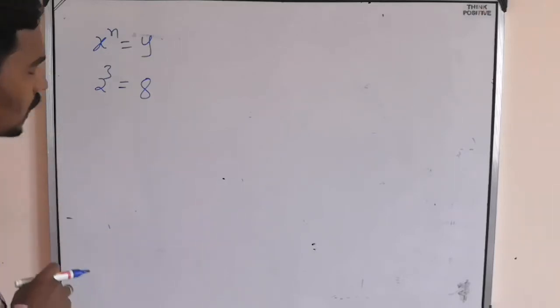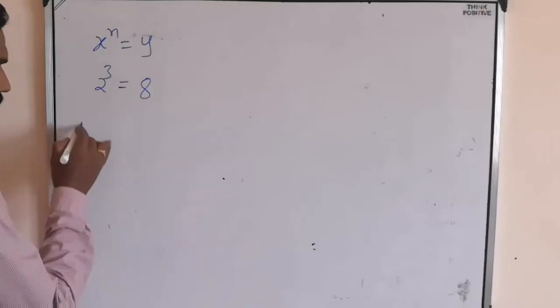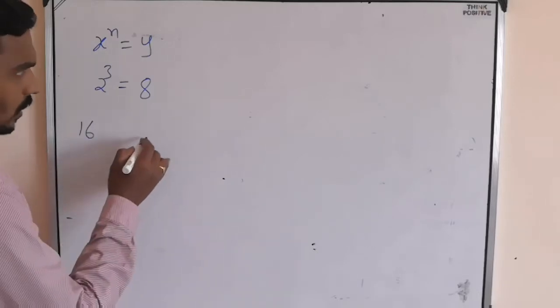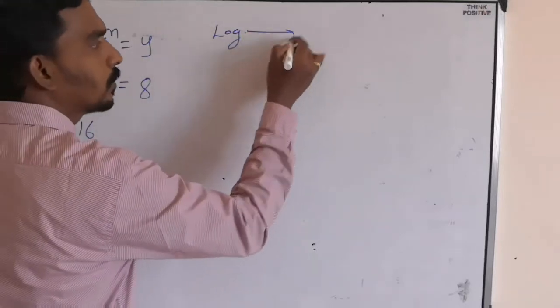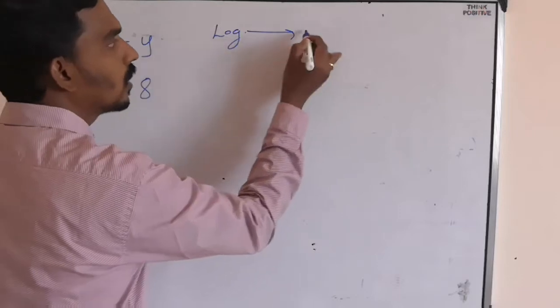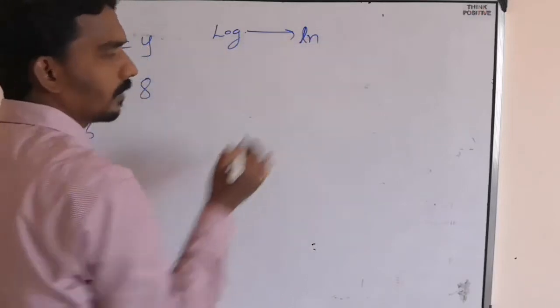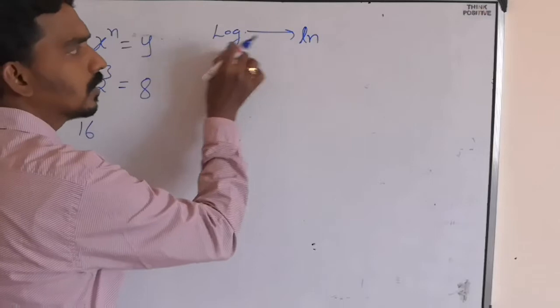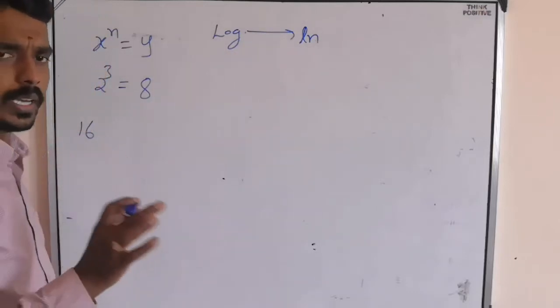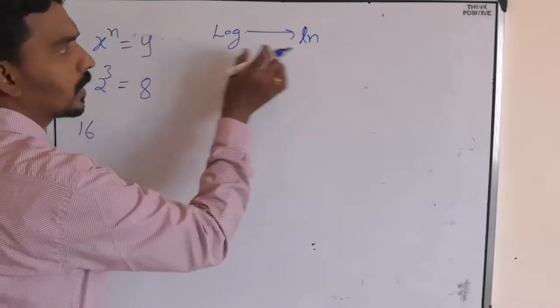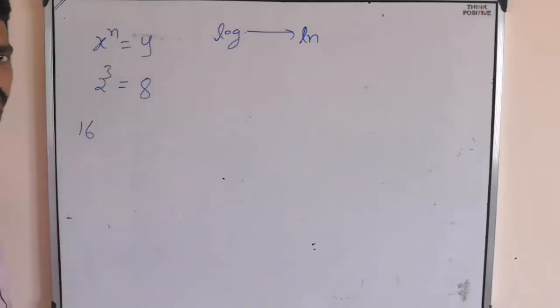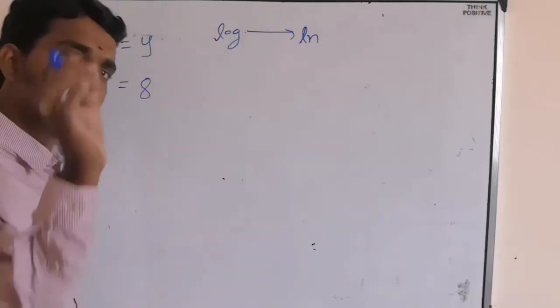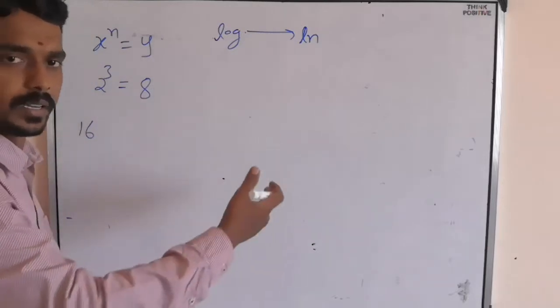So they introduced that if there is any number, 16 let's say, the logarithmic function we can represent in two ways. One is log and another one is ln. What is the difference? We will study. But usually we represent the logarithmic function in two ways, log and ln, L-O-G, L-N, both. But there is a difference. There is a relation also that we will study.